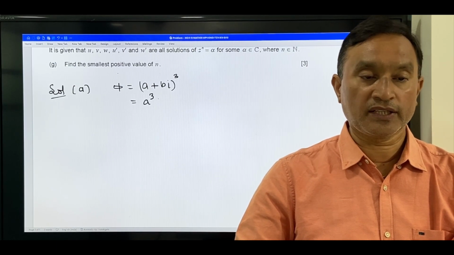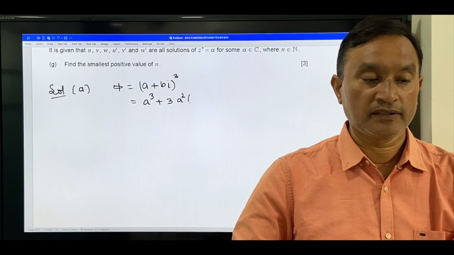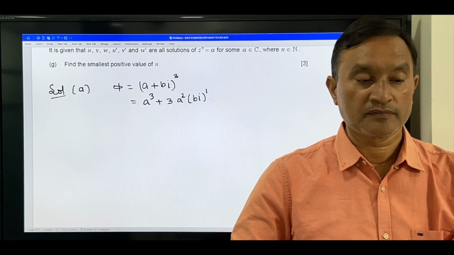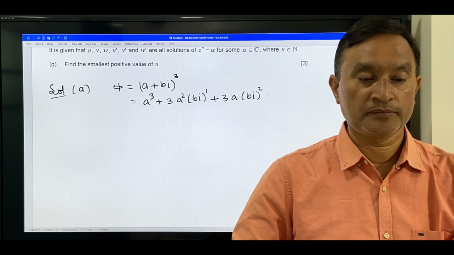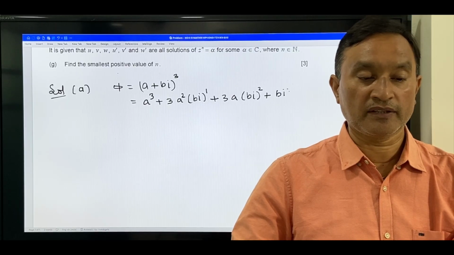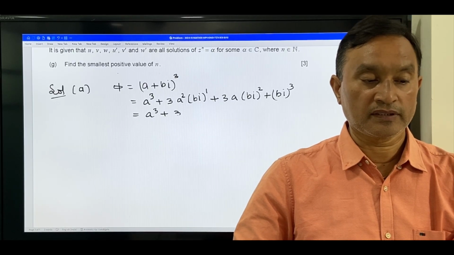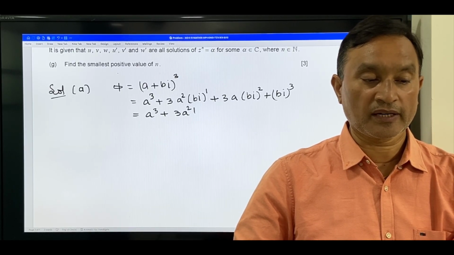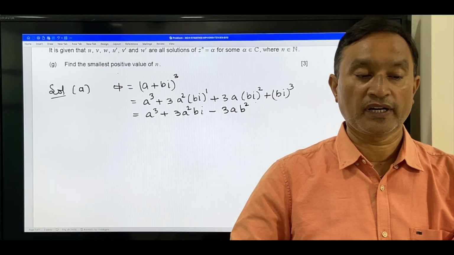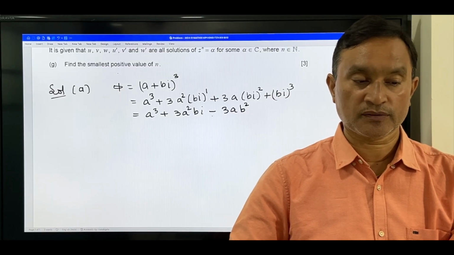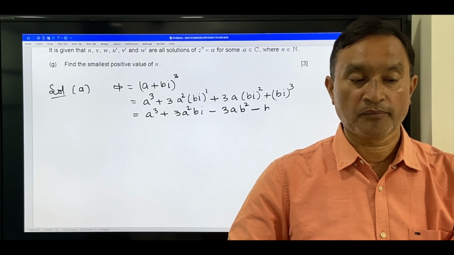So a cube plus 3a square bi power 1 plus 3a bi power 2 plus bi power 3 equals a cube plus 3a square bi minus 3ab square. I square value would be minus 1, so that is why minus 1 will come here, and minus b